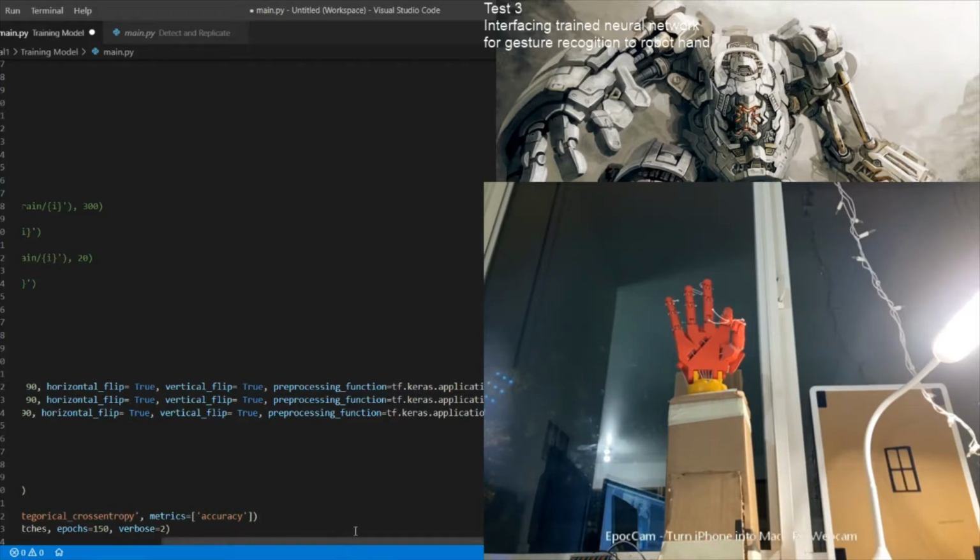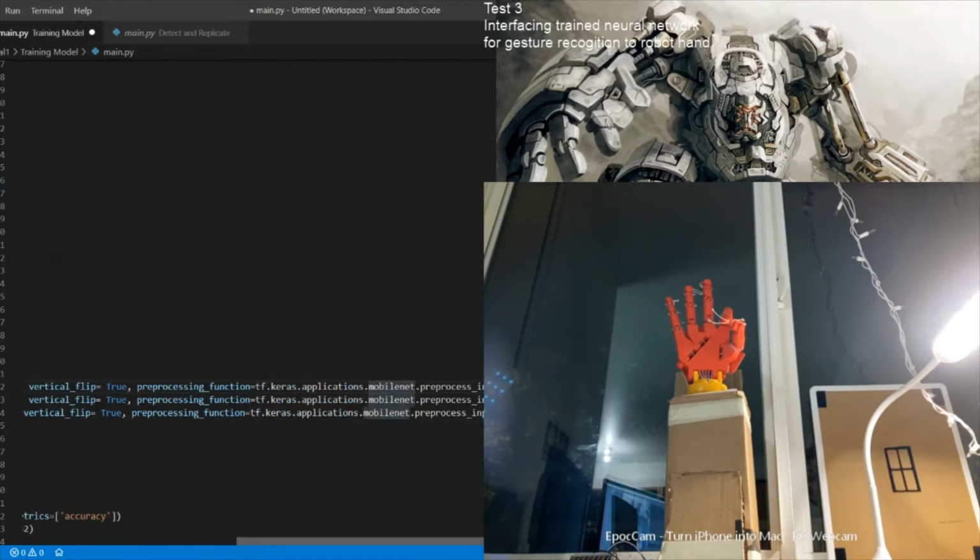So here we will be using the neural net which is available in the Keras library, MobileNet. We are pre-processing the way MobileNet wants it to be, using the preprocess input function available in the MobileNet module.